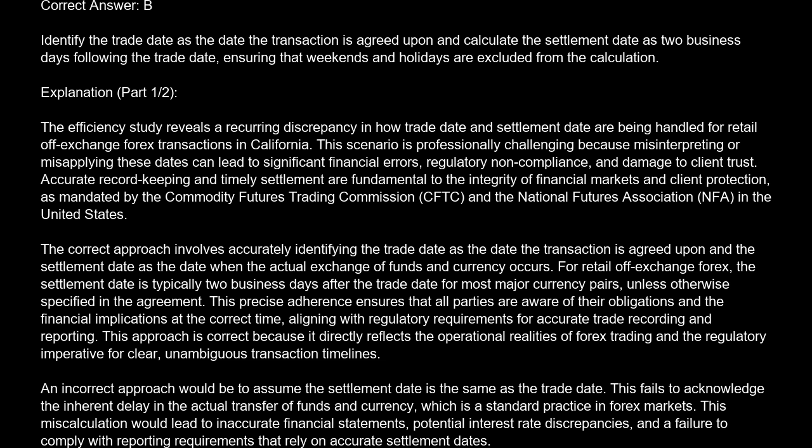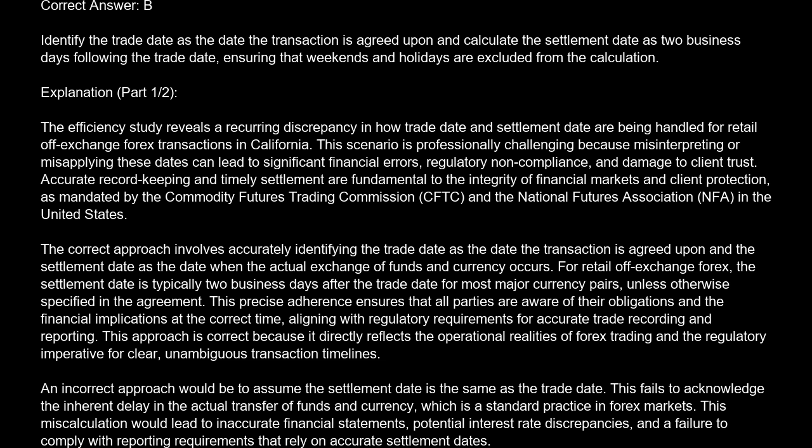For retail off-exchange Forex, the settlement date is typically 2 business days after the trade date for most major currency pairs, unless otherwise specified in the agreement. This precise adherence ensures that all parties are aware of their obligations and the financial implications at the correct time, aligning with regulatory requirements for accurate trade recording and reporting. This approach is correct because it directly reflects the operational realities of Forex trading and the regulatory imperative for clear,